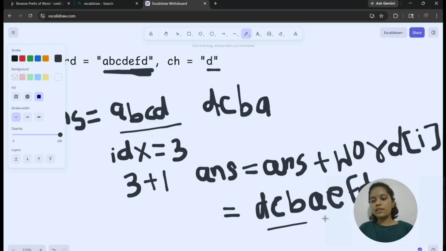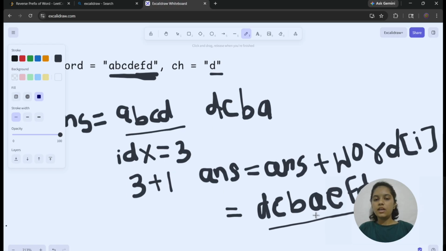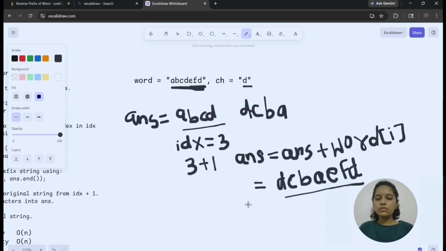So this is the final string which I have to return as the output. So I am returning the answer string at last.